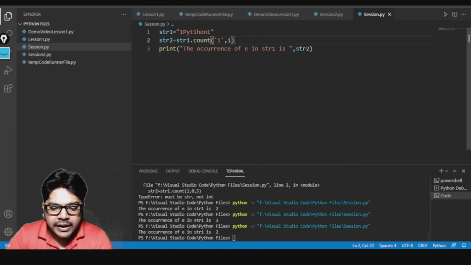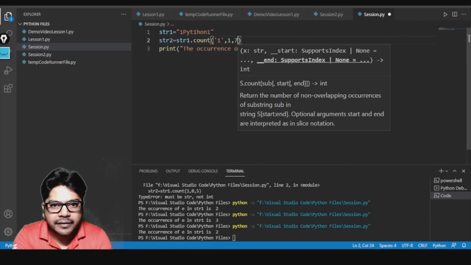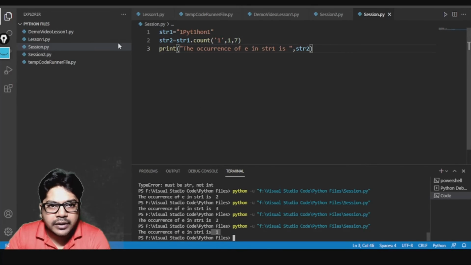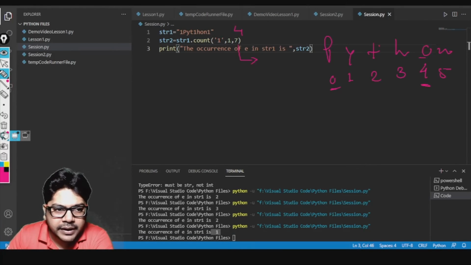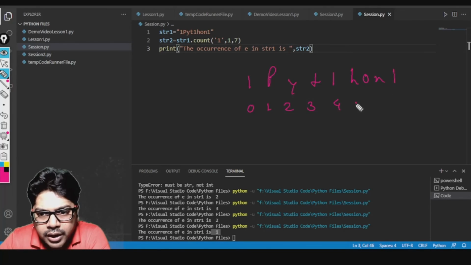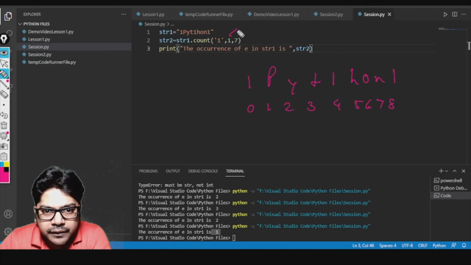If I want to end at something, let's suppose I want to end at 7, now you see what it is giving me. Now it is giving me 1, because when I wrote P Y T 1 H O N, here it was 0, 1, 2, 3, 4, 5, 6, 7 and 8. Now we started from 1 and ended at 7.